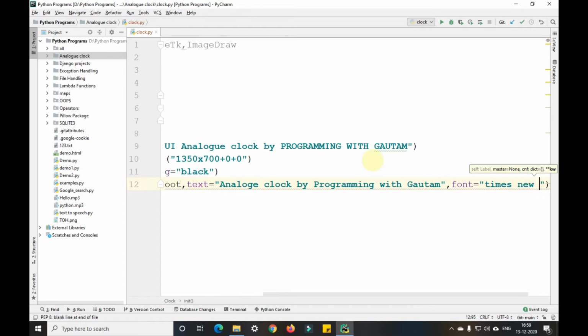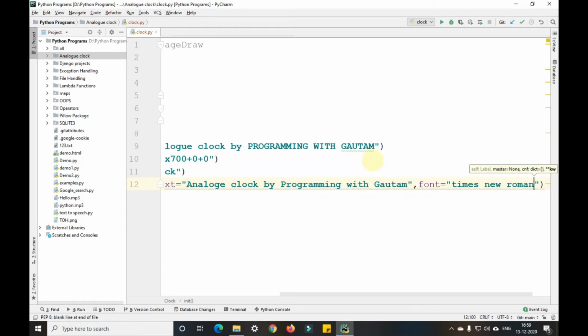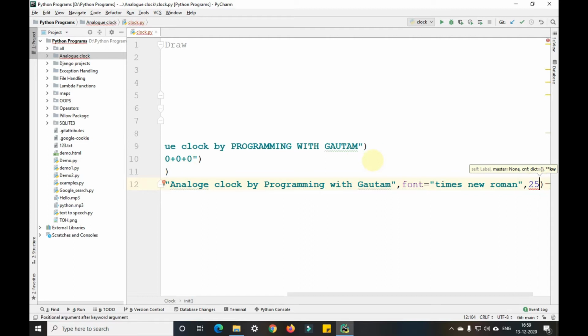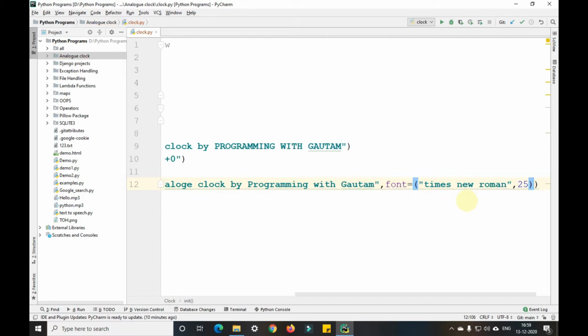Okay, after the font, followed by a comma, the font size here, 25. Actually this should come in brackets here. After that, the font style, that is if you want it in bold or italic or something. So I'll give it bold here.